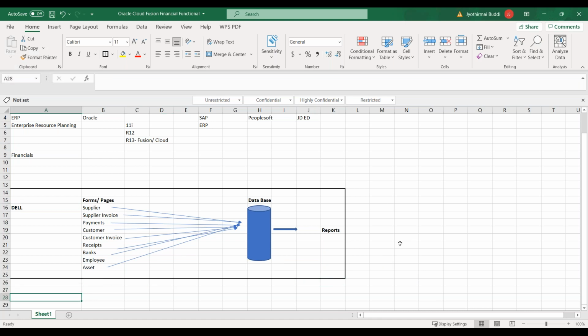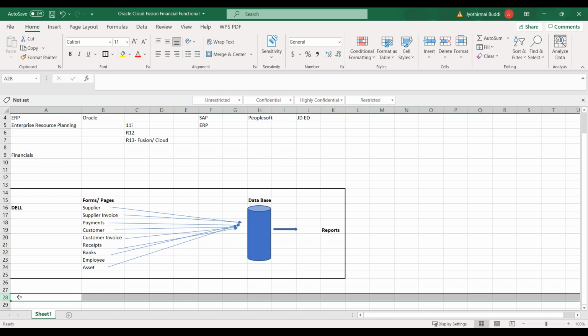So now let's get into what exactly Oracle offers. Oracle Financial Functional is